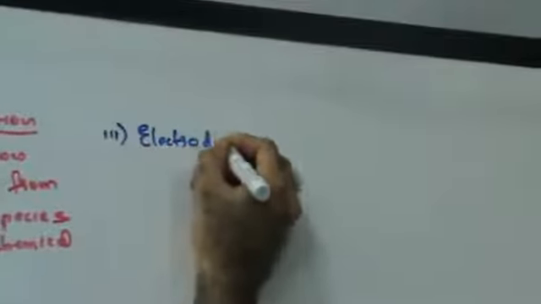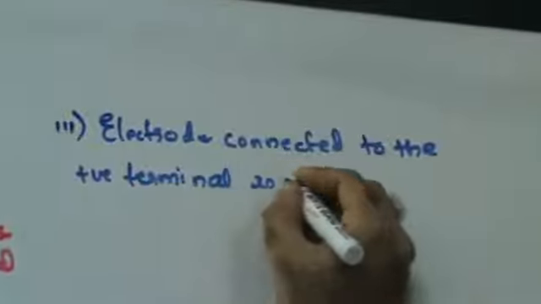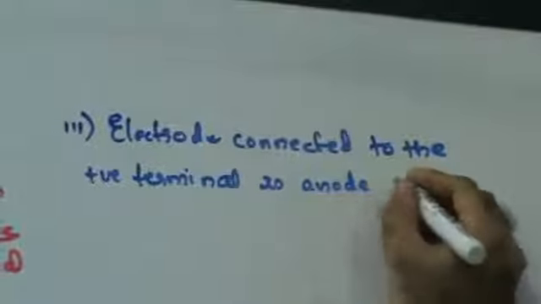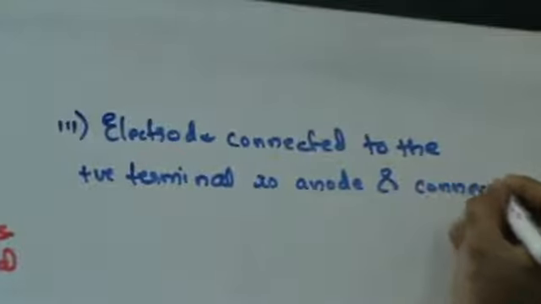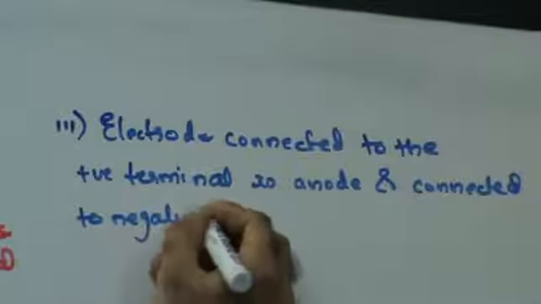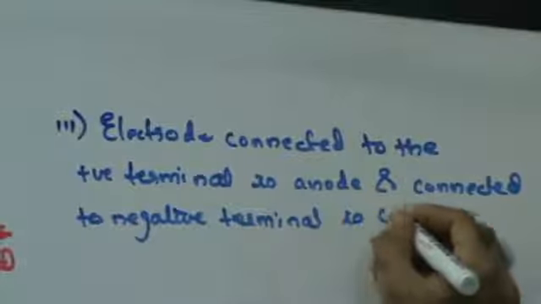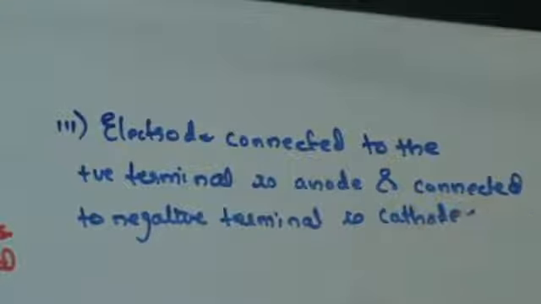Electrode connected to the positive terminal is anode, and connected to the negative terminal is cathode. Right? So you would have, as I said, you would